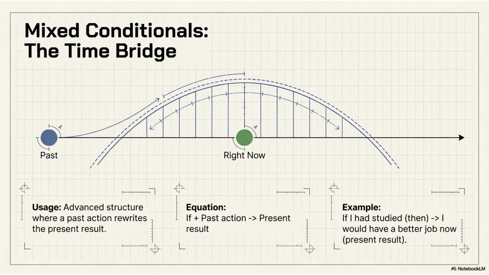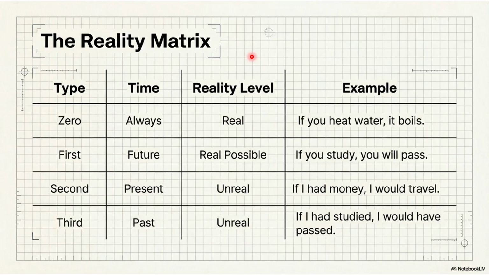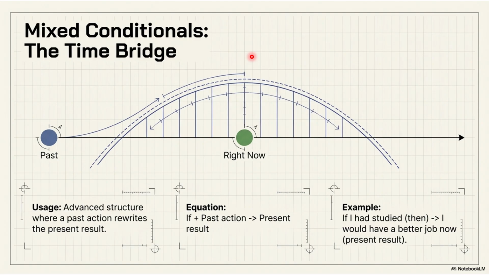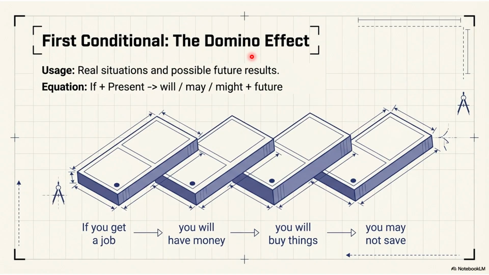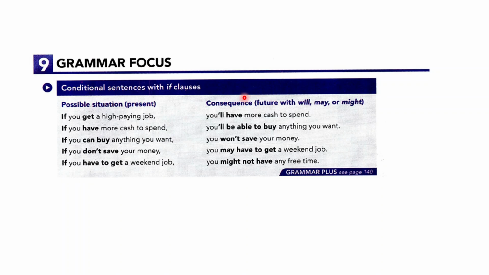No les voy a explicar los mixed conditionals porque se le va a enredar la cabulla, como decimos aquí, porque mezcla la segunda y la tercera. Pero existen unos mixed conditionals que son unas estructuras más avanzadas todavía para hablar de otras realidades, ¿ok? La idea es que sepan que existen y que necesitan aprender a manejarlas si quieren decir cosas como las que acabamos de decir, que decimos en el día a día. Dicho eso, volvamos a la que nos corresponde, que es la 1.